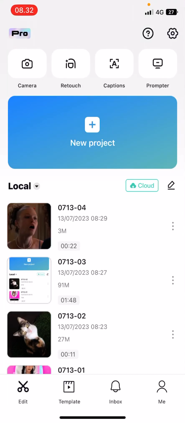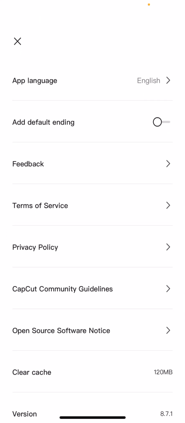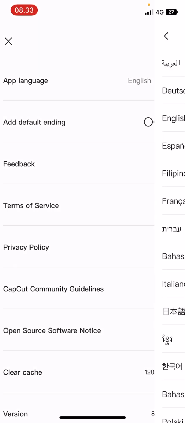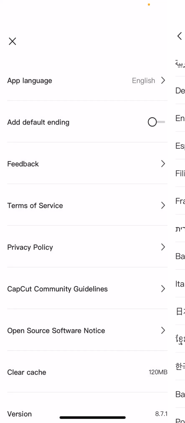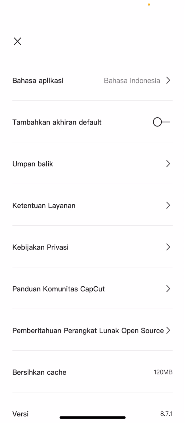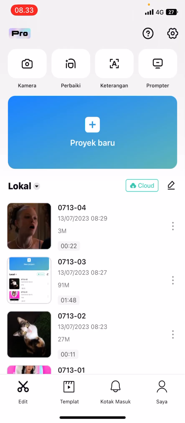In this video I'll be showing you guys how you can change the language on your CapCut mobile app. So to do so, you're just going to simply select the settings button, which is like this gear icon on the top right corner of your screen here, and then you're going to see there's like an app language tab. You're just going to select it and you're going to select the language that you want, for instance Bahasa Indonesia. Then you're going to press done, and then it's going to set the language to the language that you want